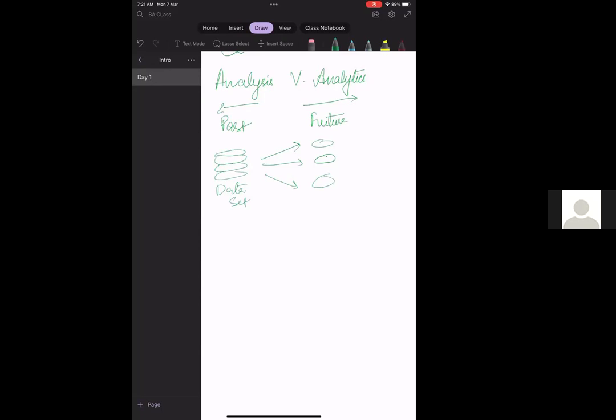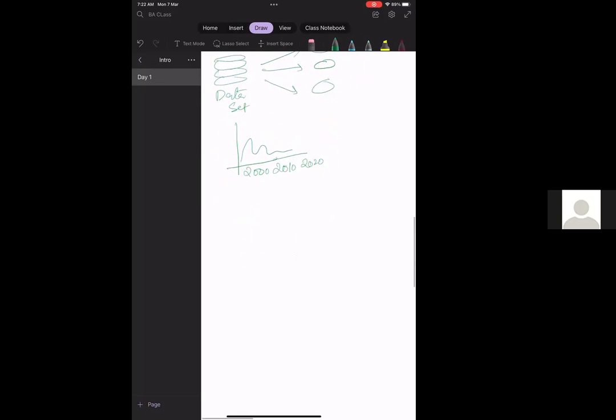It is always done on past data to explain how a story ended in a particular way, or why there was a significant decrease in the sales report. So suppose this is the sales report of 2000, 2010, 2020. This is past, and in order to analyze this, we use analysis. Study of the past is nothing but analysis.